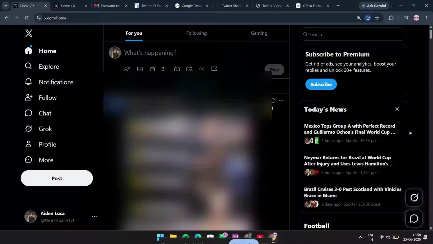If you want to see how many impressions your post is getting on X, formerly Twitter, this quick tutorial will show you exactly how to check it in just a few seconds. This is really useful if you want to understand how far your content is reaching, how people are engaging with it, and which posts are performing best on your profile. Whether you are a creator, a marketer, or just someone trying to grow on X, checking impressions can help you